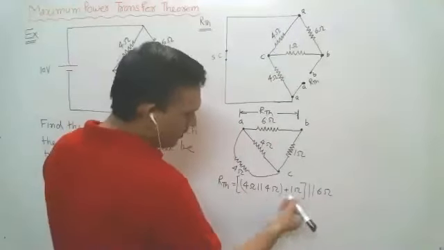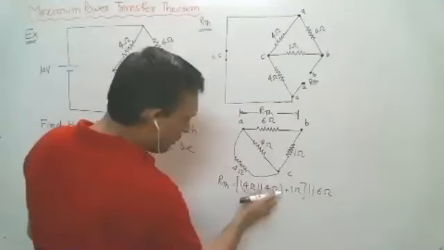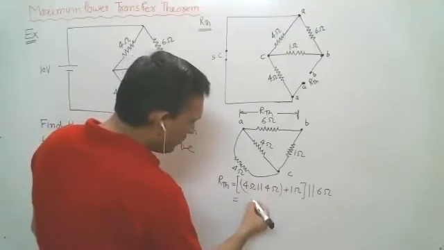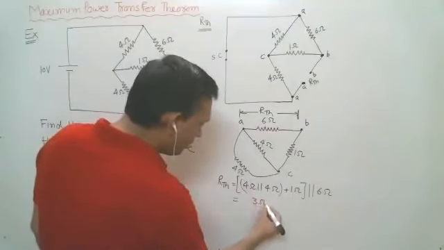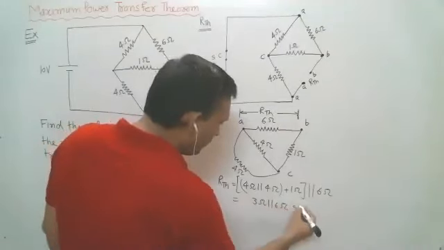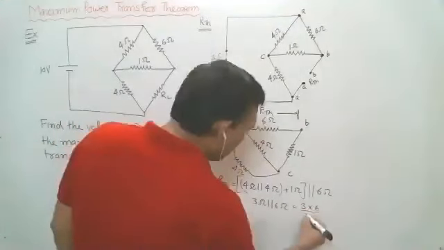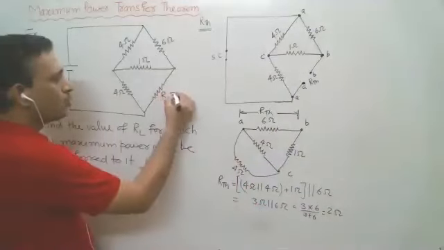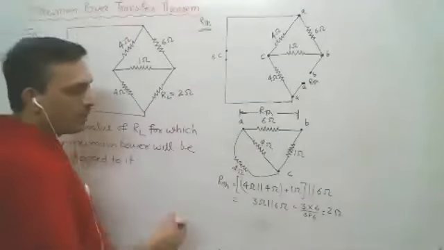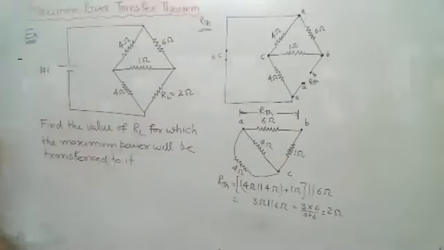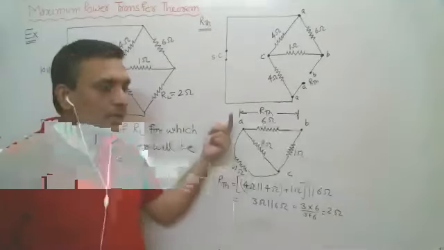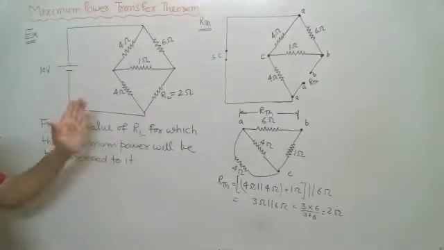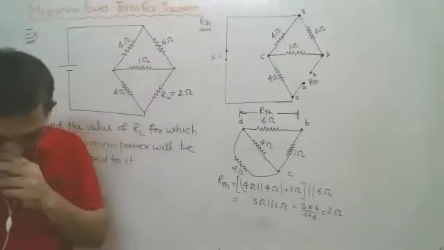You know parallel and series combinations. So what will be the parallel combination of these two? This is 2 ohm. So 2 plus 1, 3 ohm. With 6 ohm, that is 3 into 6 by 3 plus 6, 2 ohm. So when RL is 2 ohm, then maximum power will be delivered to the load. In objective questions, sometimes you have to find at what value of RL the power delivered to the load will be maximum. So you have to use the maximum power transfer theorem. Is it clear?